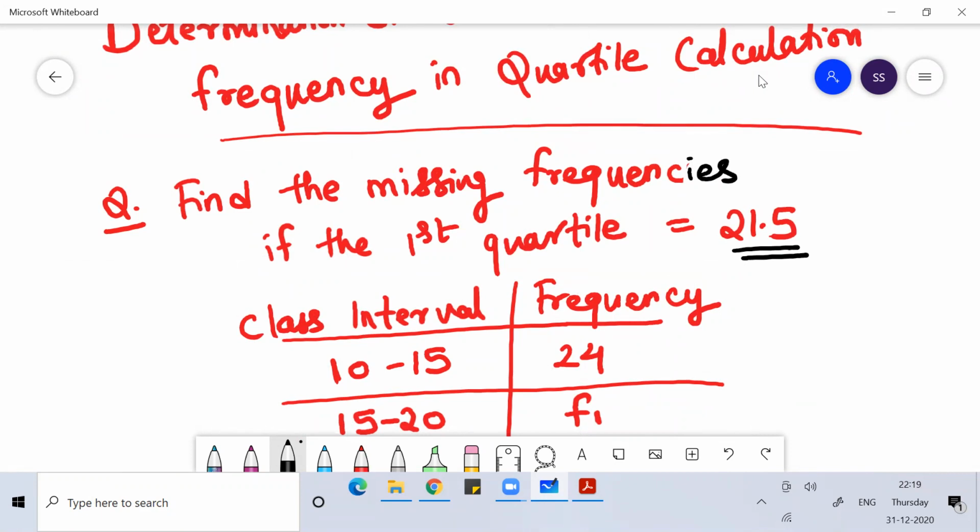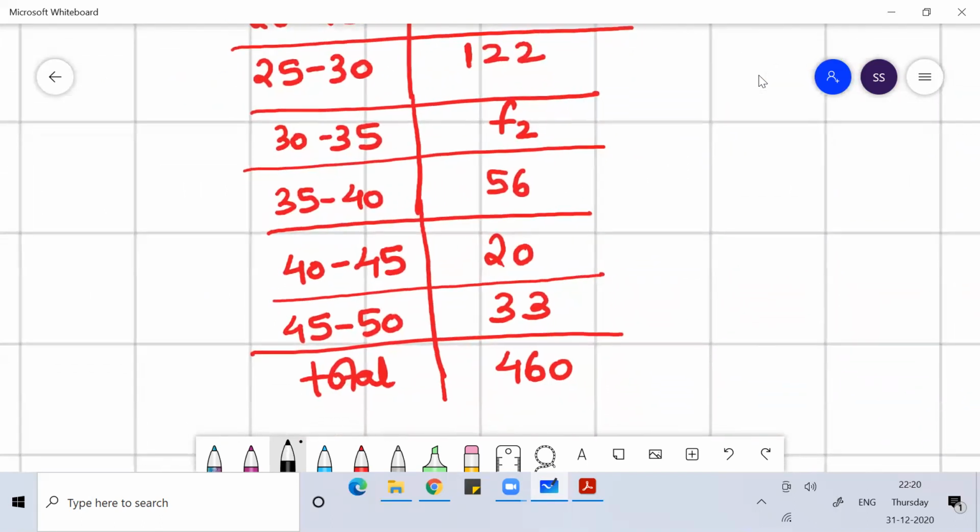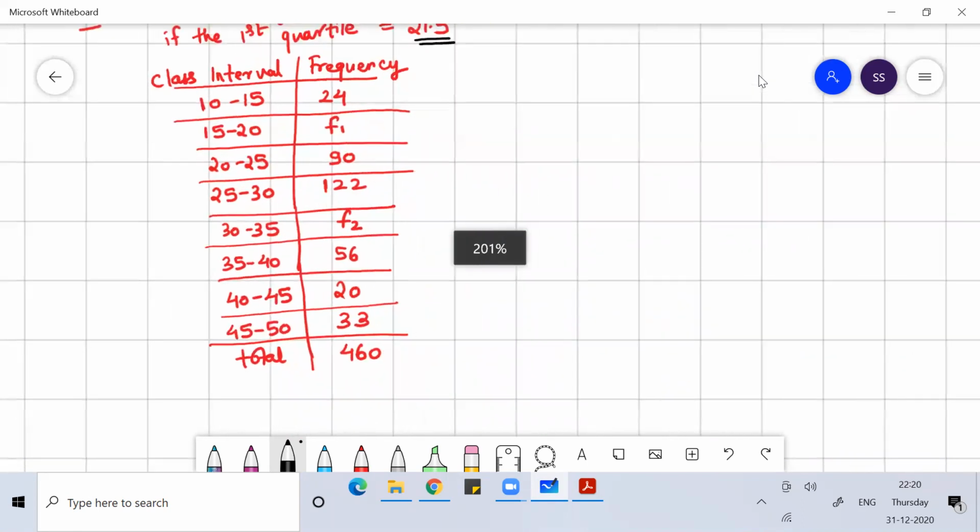21.5. So I believe that you have watched my previous video on quartile calculation. If you have not seen that video, then my really sincere suggestion to everyone is to first watch my previous video where I talked about what are lower quartiles, what are upper quartiles, what relation the quartiles have with the median. First watch that video and then come to this video. If you have seen that video, then welcome everyone to this class where we are going one step further in the calculation of quartile, where we are trying to determine two missing frequencies. Here the two missing frequencies are F1 and F2. Okay guys, so this is the problem which we are working on right now.